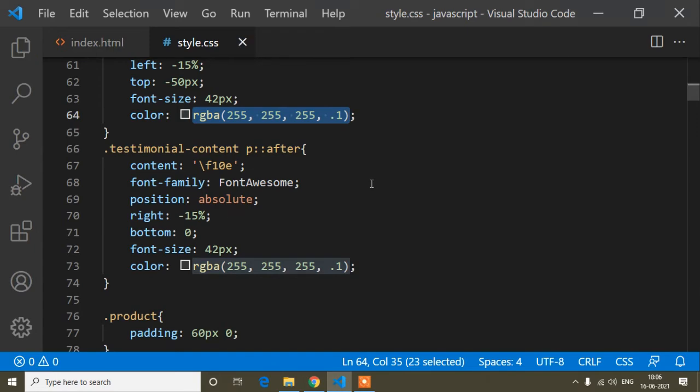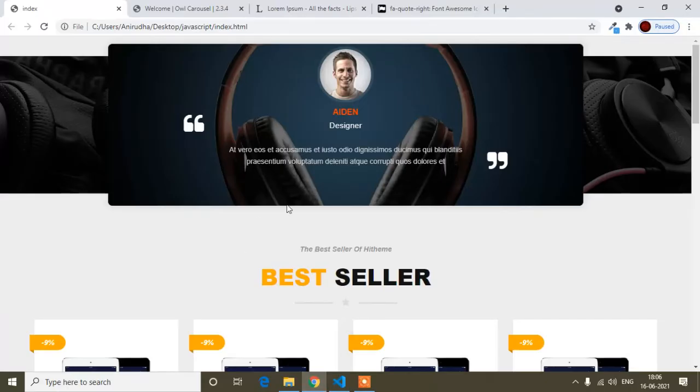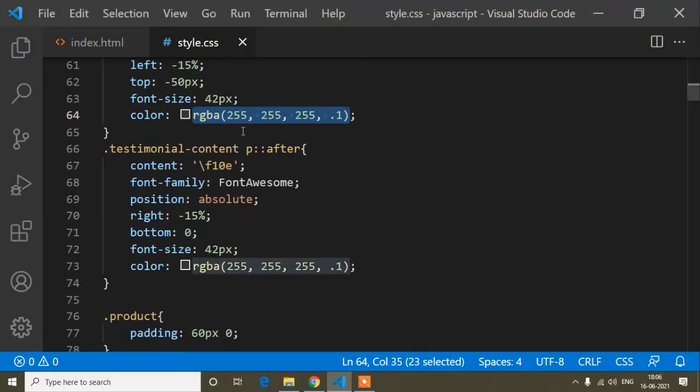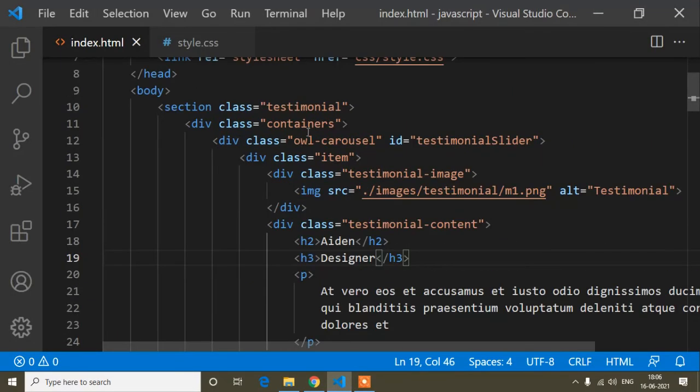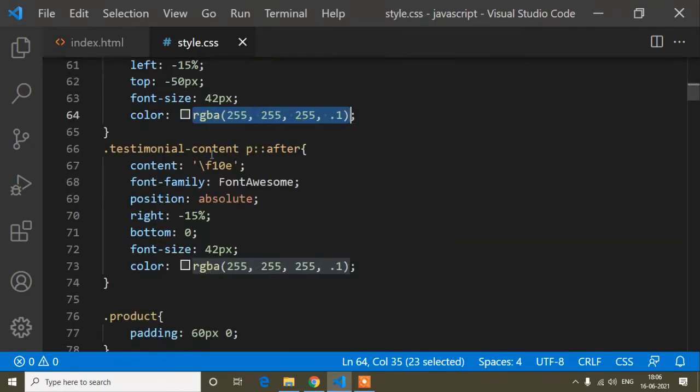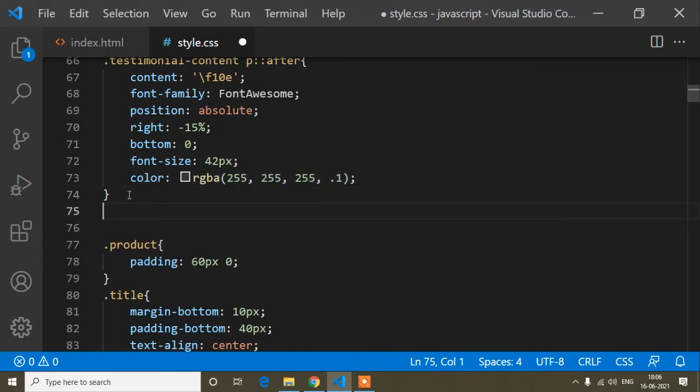Okay, and now this one is done, and I will add the dot for this owl carousel which I was doing previously. So the dot, I will design for this testimonial slider. So first of all I will copy all of this parent, this testimonial, I mean the parent of all classes, that is testimonial. So I will copy this testimonial class and just below this testimonial class here I will paste,